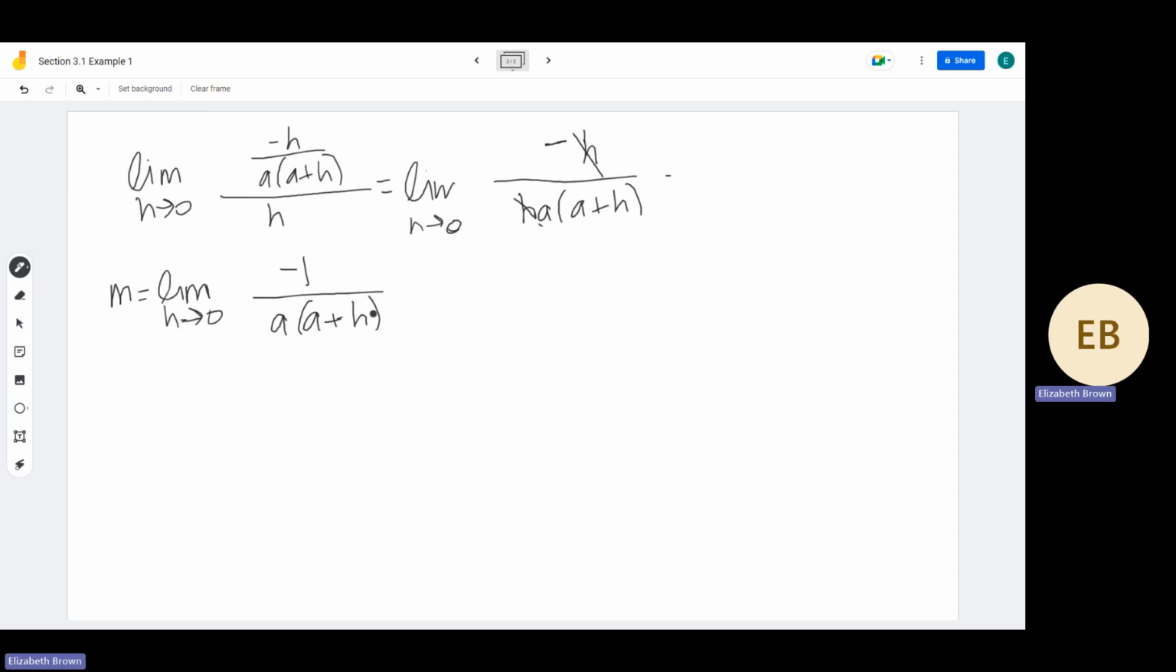Okay, so now that we've simplified this as much as we possibly can, we have to sort of start over and ask ourselves, can we now direct substitute h equals 0? So if we plug in h equals 0 to this denominator, it no longer creates a denominator of 0, which means we can direct substitute. So we will now drop the limit because we're going to plug in h equals 0. So we have a times a plus 0, which of course is a squared. So final answer is negative 1 divided by